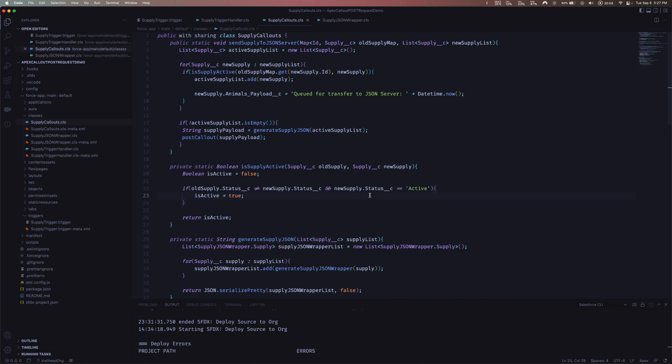Again, as I always like to point out, none of this code is production grade code. This is just a demo that I'm using to explain to you guys. Obviously, code review it, peer review it, whatever you want to call it. Make sure it's up to the standards of your company. This is just for demonstration purposes only. Okay, with all of that out of the way, now that we have this right here, let's go back into